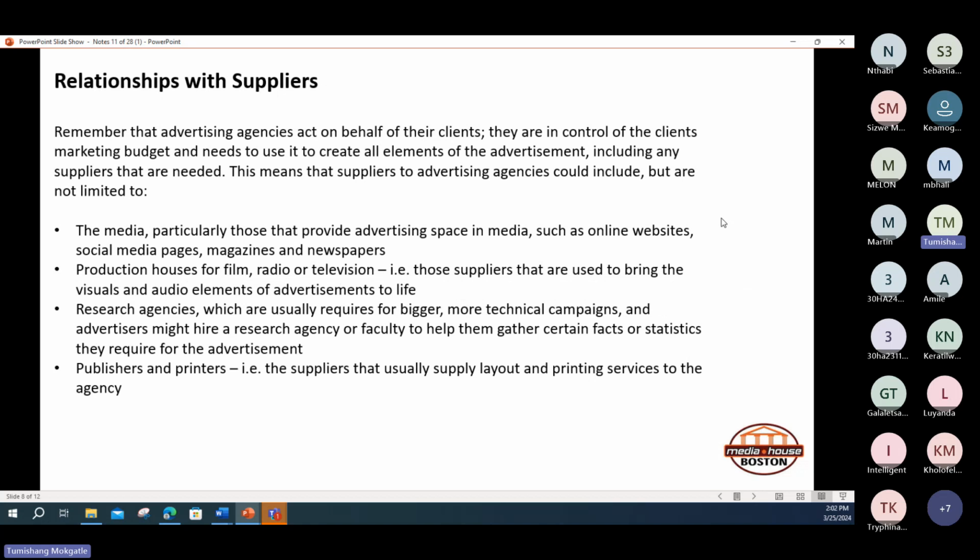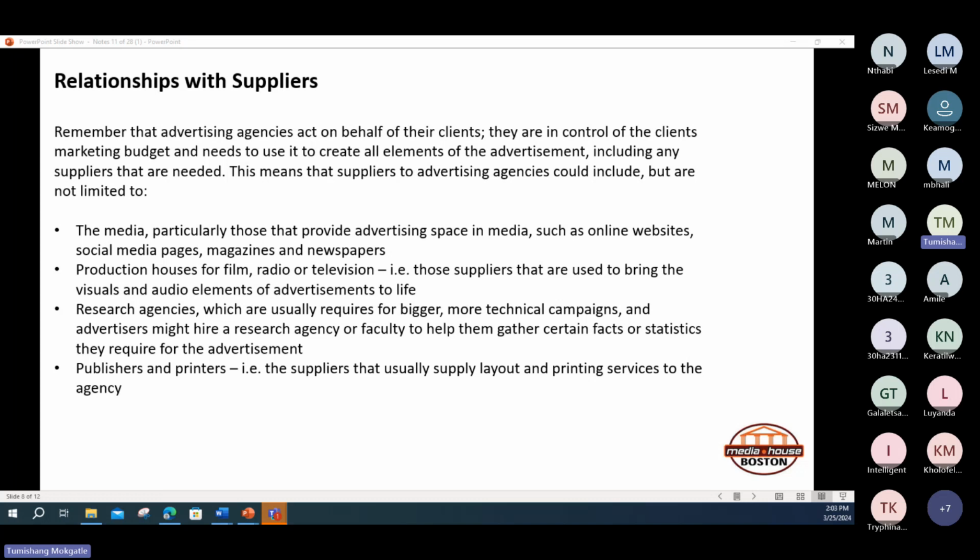So then now we're talking about the relationship with suppliers. So how does an advertising agency maintain its relationship with suppliers? Okay. So now we say that, remember that advertising agencies act on behalf of their clients. So that you need to remember. So then we say that they are in control of their client's marketing budget and need to use it to create all elements of the advertisement, if it's an advertisement or if it's a campaign or if it's a billboard and so forth, including any other suppliers that are needed. So this means that suppliers to advertising agencies could include, but are not limited to: